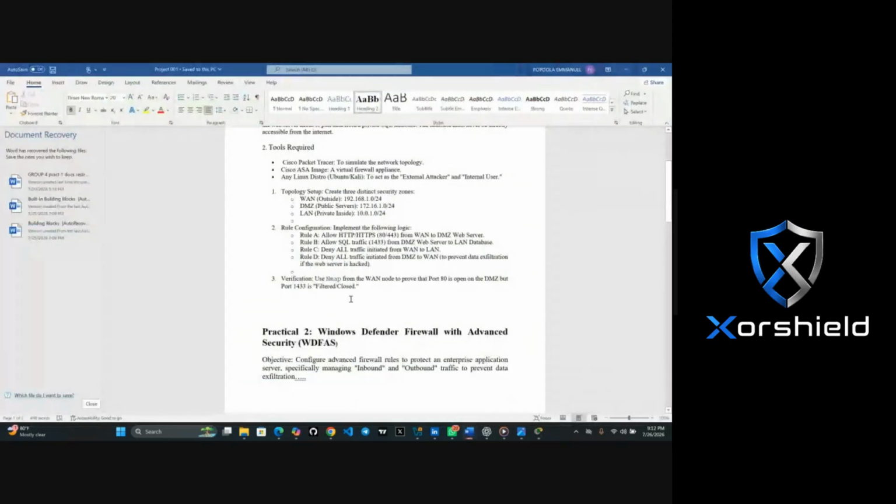So rule B, they say we should allow SQL traffic, which is port 1433, from the DMZ web server to the LAN database.